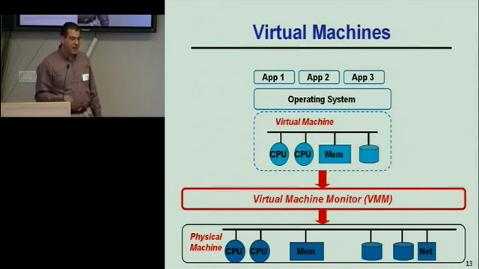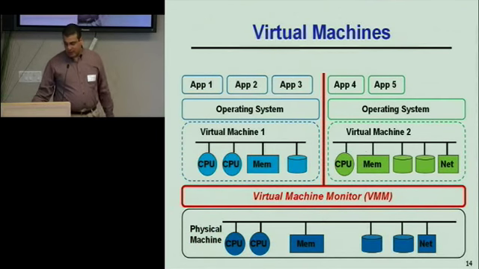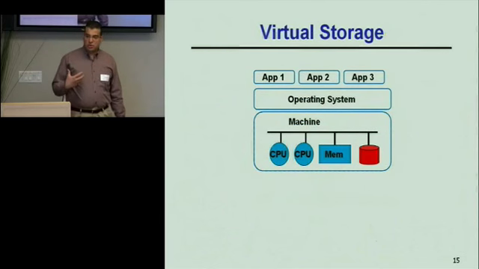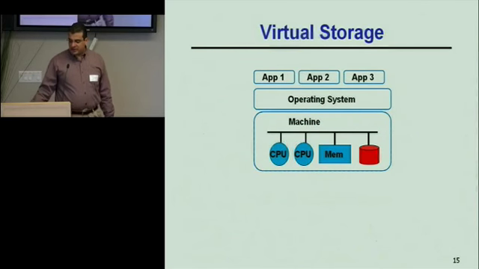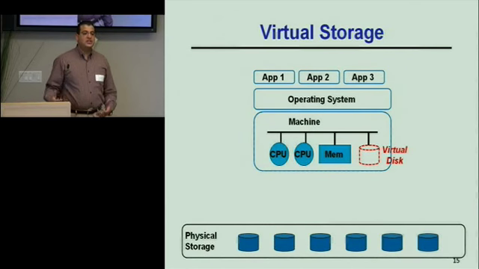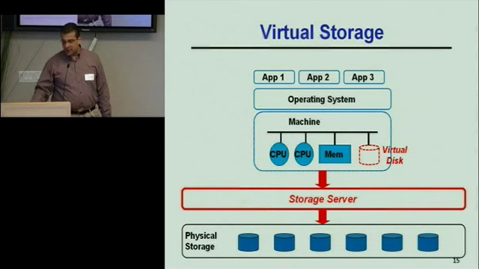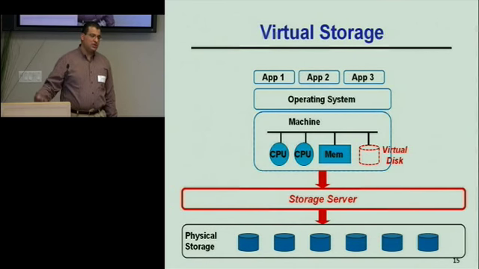And this virtual machine monitor has lots of tuning knobs, and our focus will be on how to tune the knobs of this virtual machine monitor. Now, you typically don't run one virtual machine on a server, you run multiple virtual machines on the same server. And this idea of virtualization is also widely applied in storage. So instead of the operating system seeing a physical disk, it sees a virtual disk. Now, of course, at some level you have the physical storage devices. They have to be there somewhere. And you have a storage server controlling the mapping from the virtual devices to the physical devices. And the second part of my talk will be about caching in such a storage server.